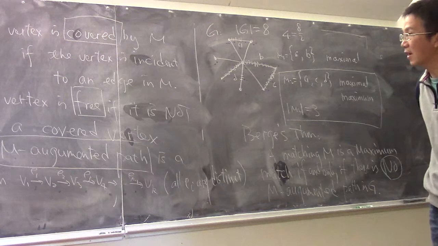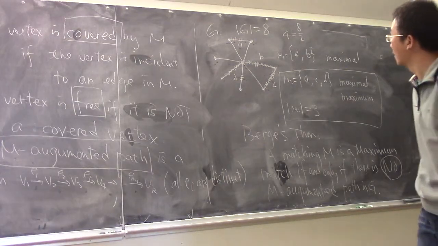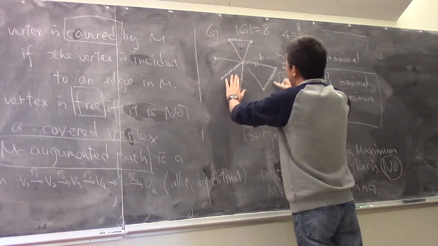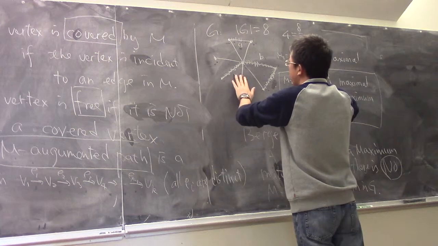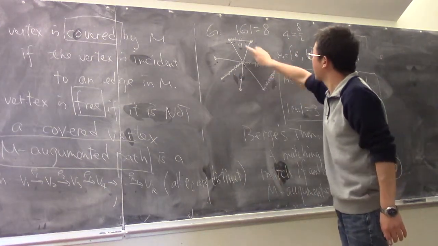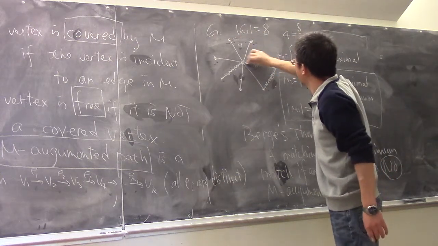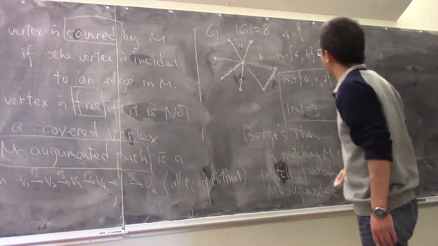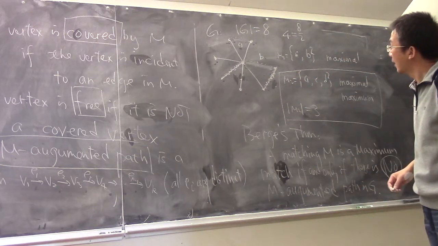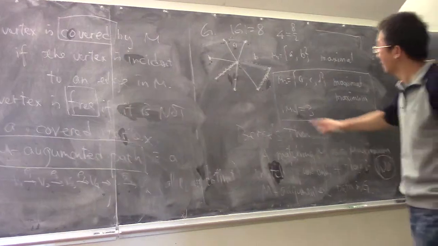I claim this is an M augmented path. Remember, this time I only consider A and B, so you should ignore C and D. If you look at this path, it starts with my matching A and B. This is going to be my matching, so that's a maximum matching, and then I claim I will actually be able to find an M augmented path because these